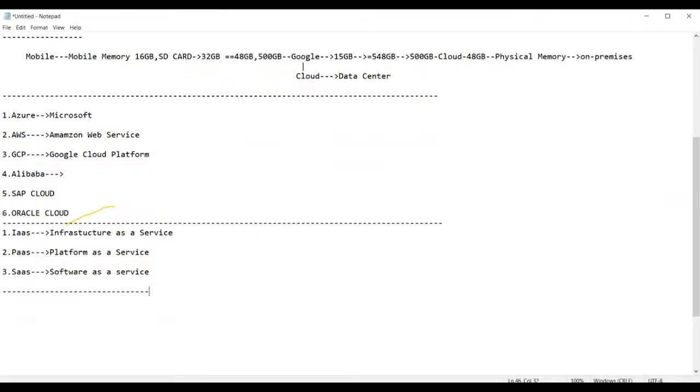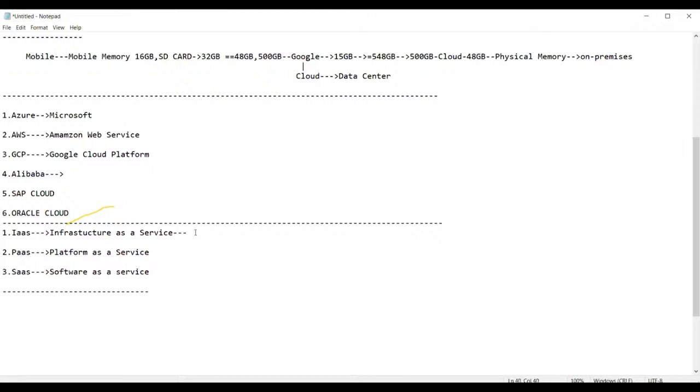Getting my point? So the entire cloud service is classified or built according to these categories: IaaS, PaaS, and SaaS. Infrastructure as a Service means what, guys? Suppose, as we just discussed, you require 500 GB of data to be stored. That means you require space on the cloud to store the 500 GB of data. Am I right? So whereas all this storage, suppose you require...